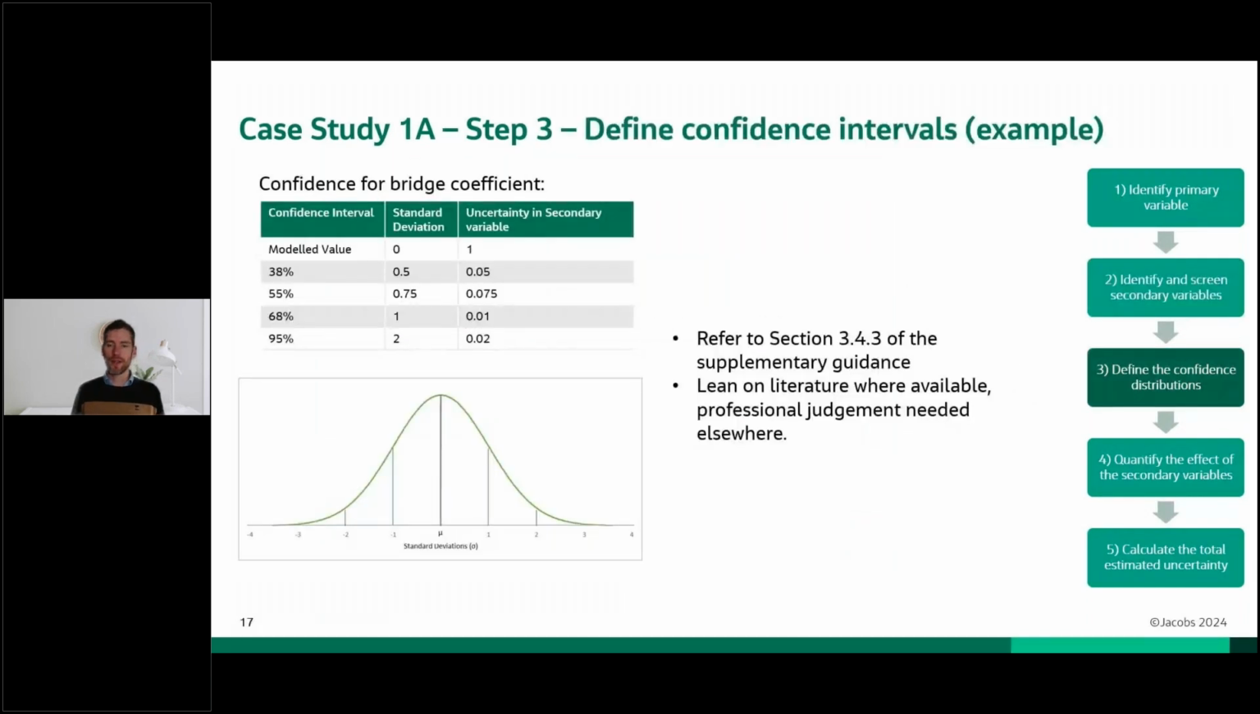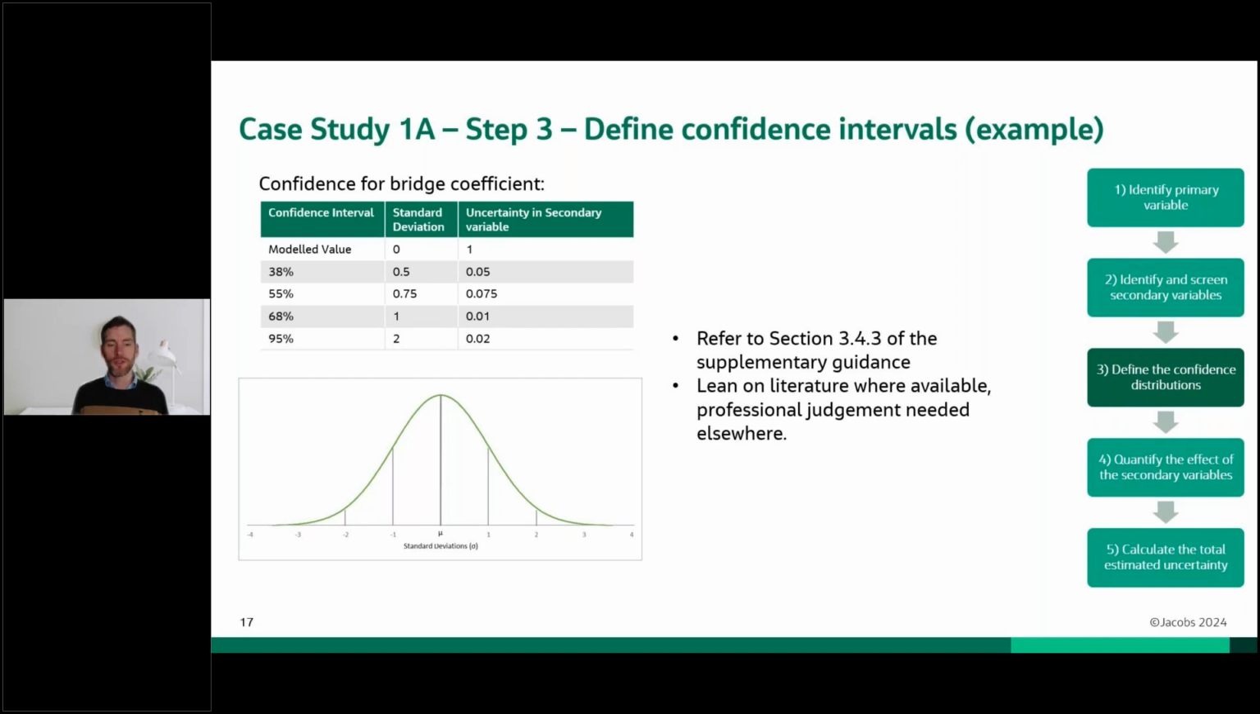So we've defined 6 variables that we're taking forward in the analysis, and we must then define the confidence distributions associated with each of these. I won't talk through each one of them again, but I'll pick out some key points of note for this. Firstly, it's really important that